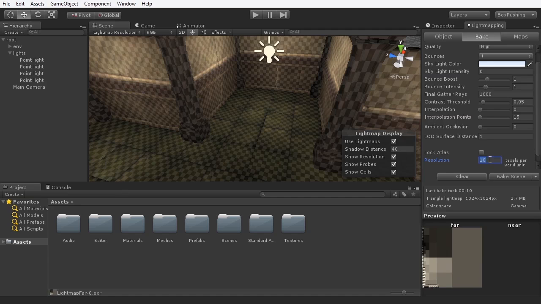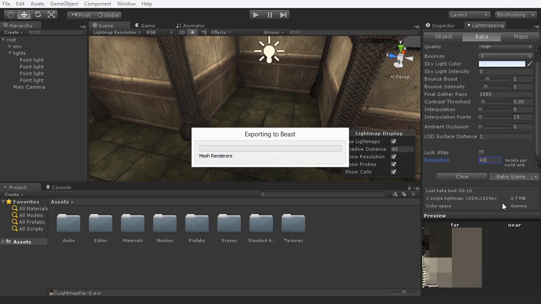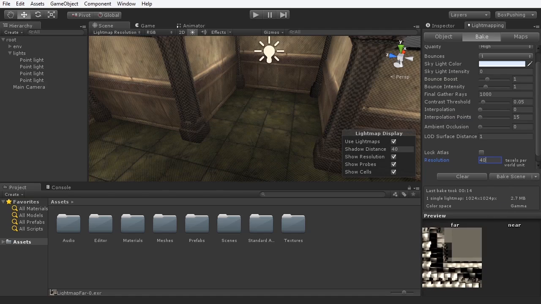So I'm going to increase this field to say, about maybe 40, like so. And now I'm going to choose Bake Scene. Now the higher this value, probably the longer that we have to wait. So let's take a look at this first of all and choose Bake Scene. So here we are now, the scene has been baked with a resolution of 40, and you can see we're using a lot more space in that light map texture now, where a lot more of the area of the texture is being